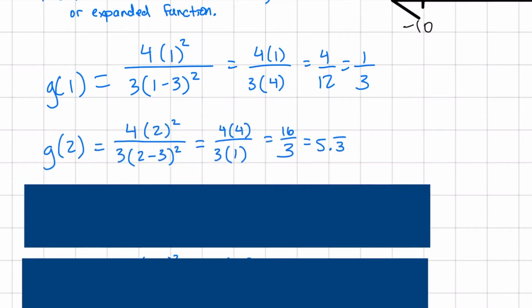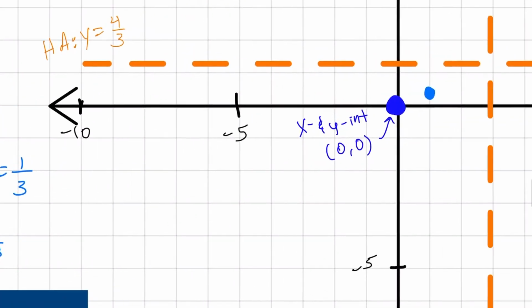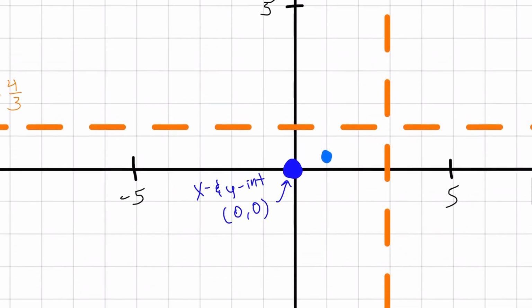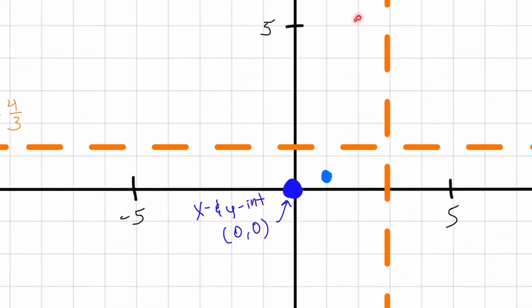So g of 2, I plug in a 2, subtract the 3, you get a negative 1, square, you get a positive 1, and we simplify and we end up with 16 thirds, which is 5 and 3 repeating. So I come over here, and I look at 2. When I go over to 2, I'm going to go up to 5.3. Whoa. So this is telling me that this is going to be doing this,